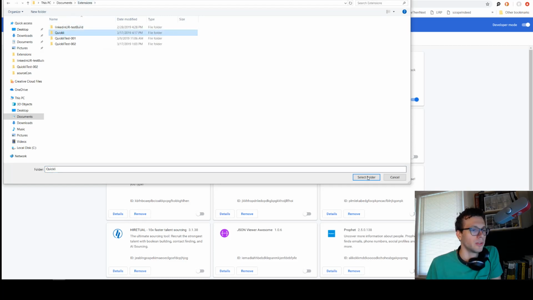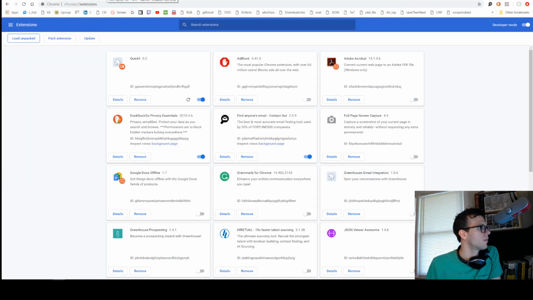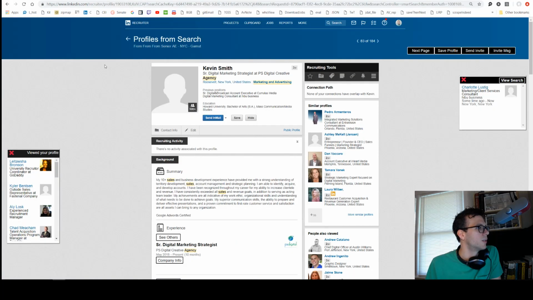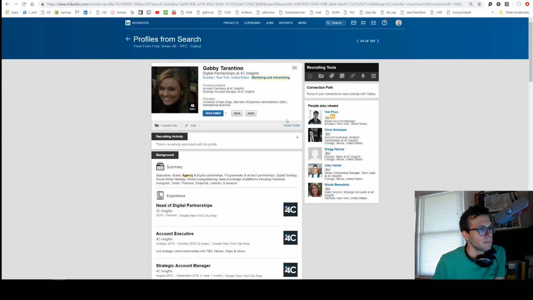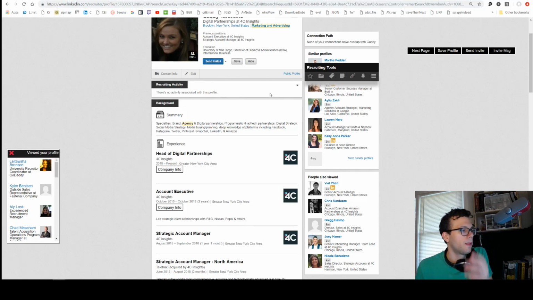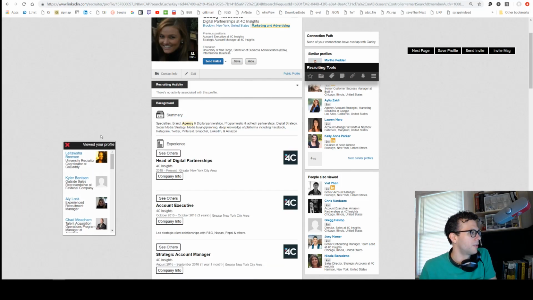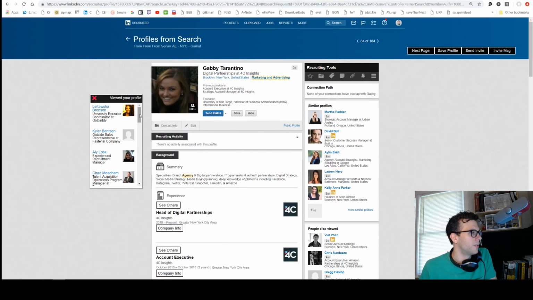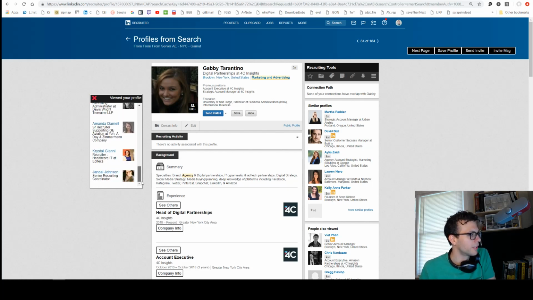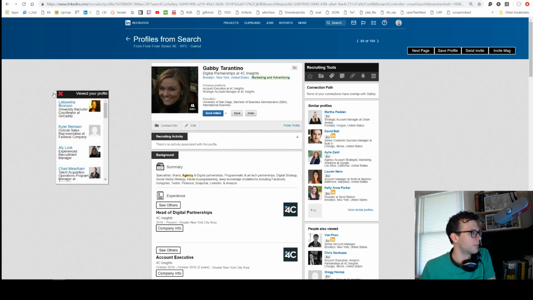Right, so then we'll load this Chrome extension and we'll go into a profile. So here are some of the features. It loads a view of people who have recently looked at your profile. It seems to be grabbing people even if they have obfuscated themselves, which I'm not sure why that works, but it seems to be doing so. But anyway, it gets it to the second,